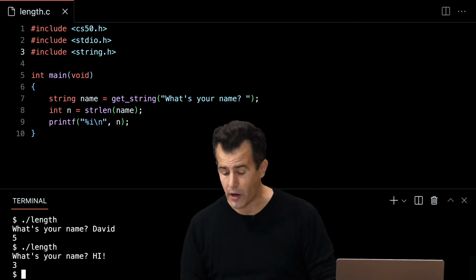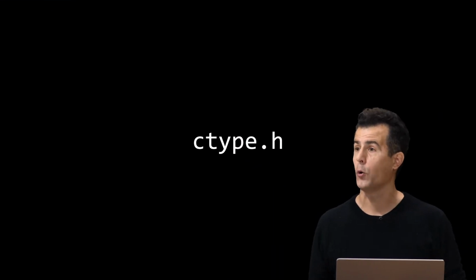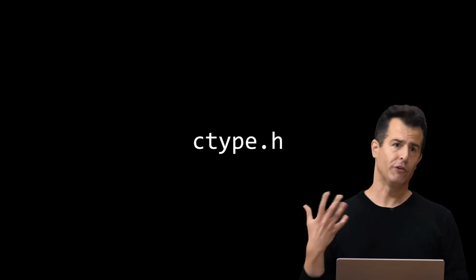So strlen is just one of the functions in that library, and there's so many more. In fact, yet another library that might be useful moving forward is this one, ctype, which relates to C data types and lots of functions therein that can be useful. For instance, if you review its documentation in the manual pages online, you'll see that there are functions via which we can solve problems like this. Let me go ahead and propose an example here involving checking if something is uppercase or lowercase and converting it